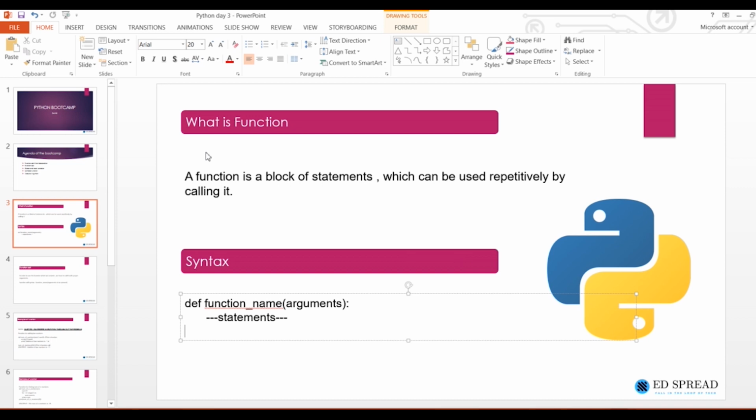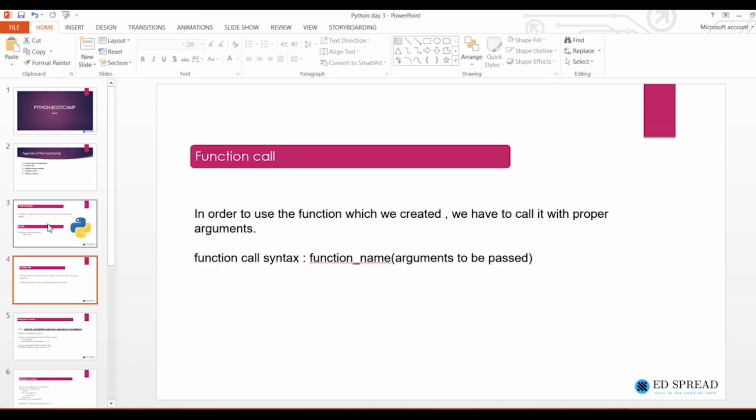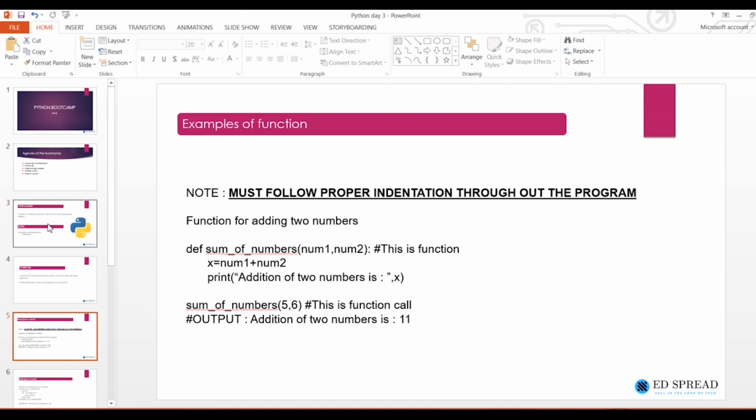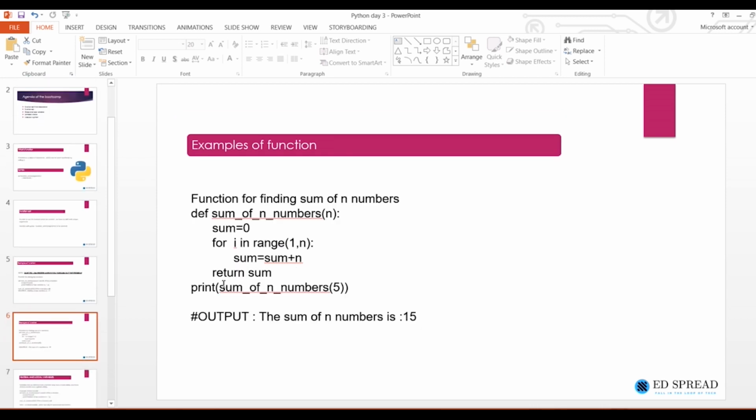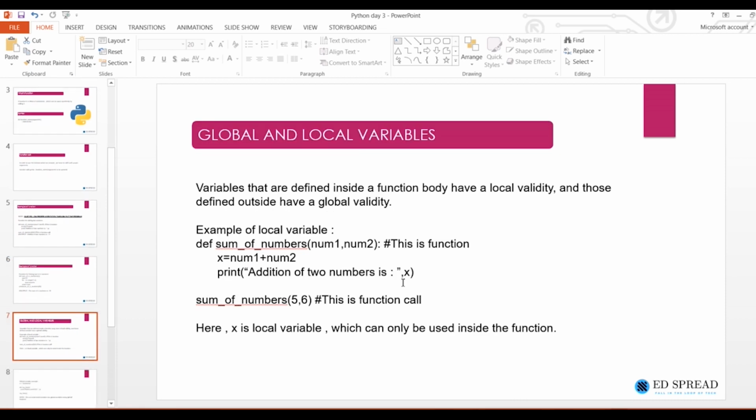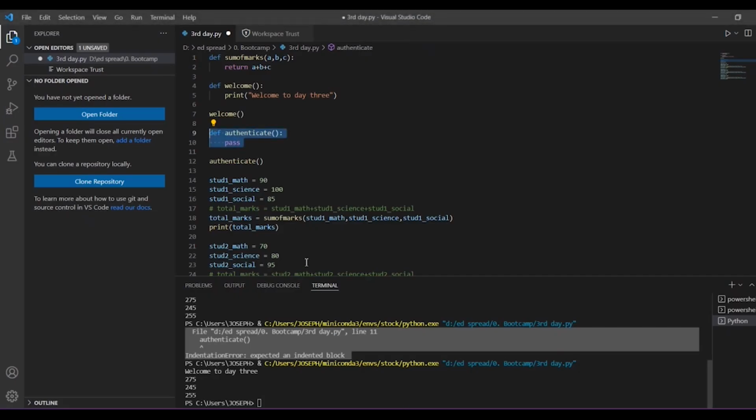So we have covered this one, and we have covered function calls. We also covered some examples. Okay, what is a global and a local variable? It is very important, guys. Whatever you have inside the indentation or inside the block of a function are local variables,